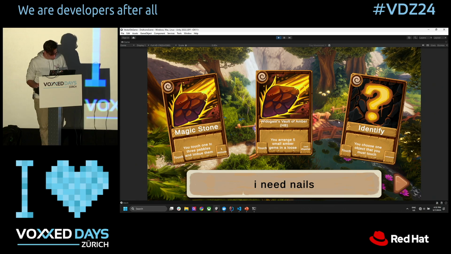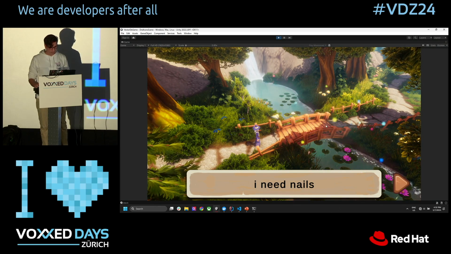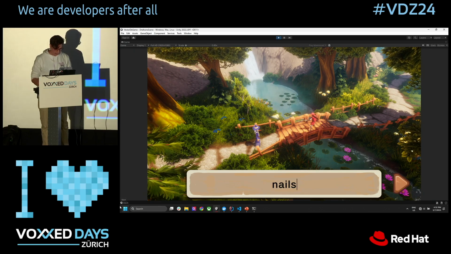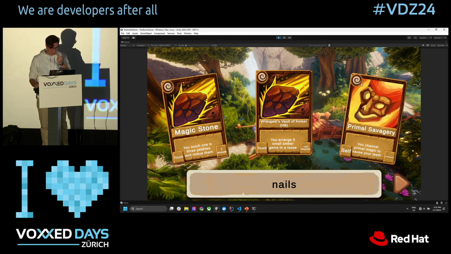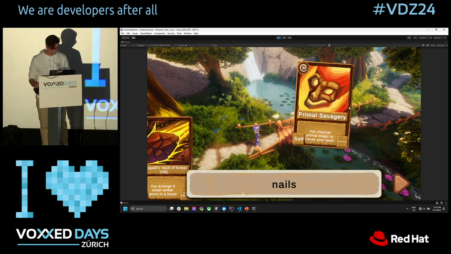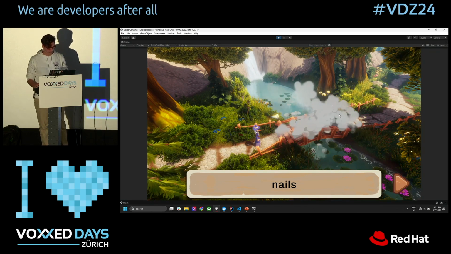Identify and Wildfire guess Vaults of Amber. Interesting. So if you cast Magic Stone, beautiful colors. Now what if I just do nails like this? Primal Savagery. I mean, could be. Which is again Fireball.